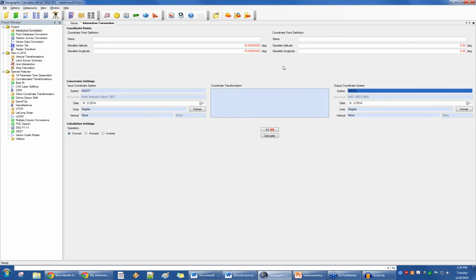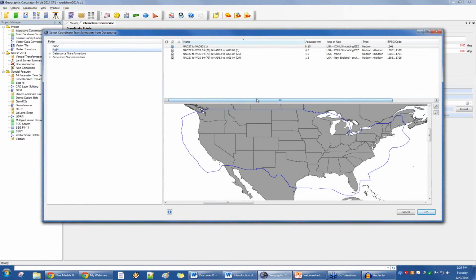When we're actually doing this in the application, it's as simple as putting in your input point, picking your systems for input and output, and double-clicking on that box in the center to grab your transformation. So by the time we do this, we've already done about 4 things underneath the covers in the application, and we're delivering a cut-down list of all of the possible transformations to get between NAD27 and NAD83. So we have a nice short little list here